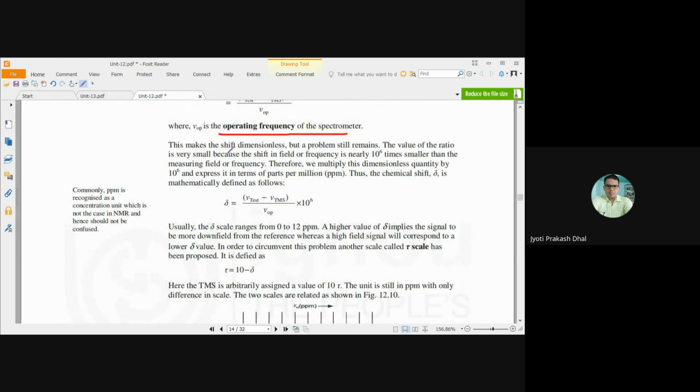Now this makes the shift dimensionless, but the problem still remains, and the value of the ratio is very small, because the shift in frequency is nearly 10 to the power 6 times smaller than the measuring frequency. Therefore we have to multiply this dimensionless quantity by 10 to the power 6, and hence the chemical shift delta is mathematically expressed as